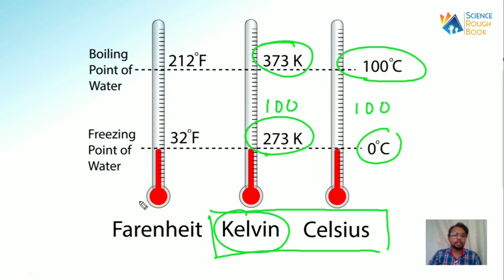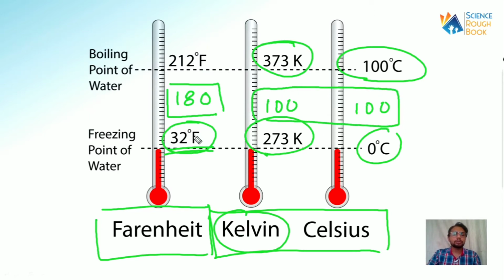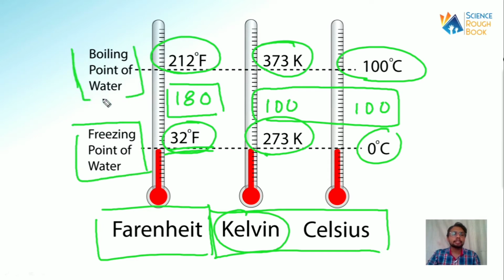Now comes the third one, the Fahrenheit scale. The Fahrenheit scale starts from 32 degrees Fahrenheit, so the melting point here is 32 degrees Fahrenheit. And how many divisions are there? It has 180 parts. So between 32, the melting point, and the boiling point there are 180 equal divisions, whereas Kelvin and Celsius have only 100 divisions. That is why 32 plus 180 is equal to 212 degrees Fahrenheit, which is the boiling point of water, as written here, the freezing point and boiling point of water. I guess now it is clear to all of you.